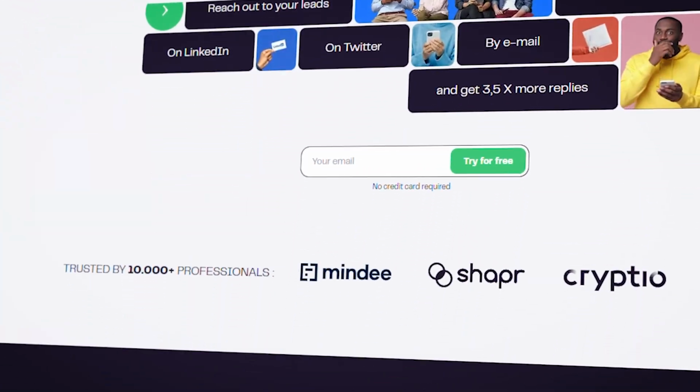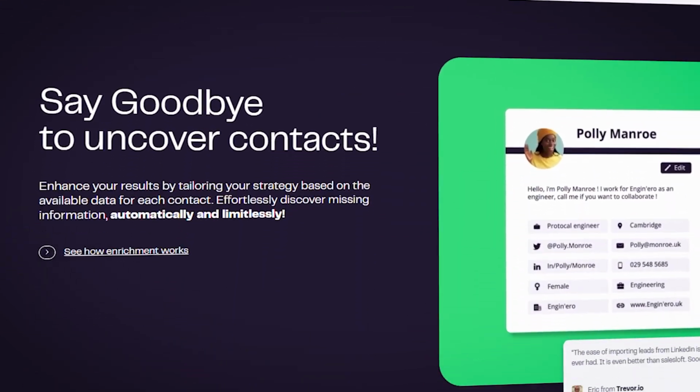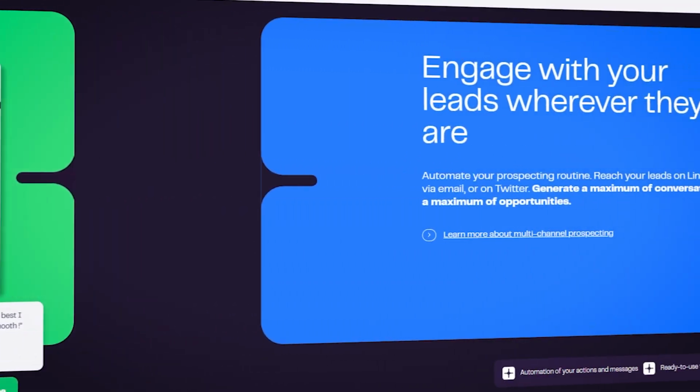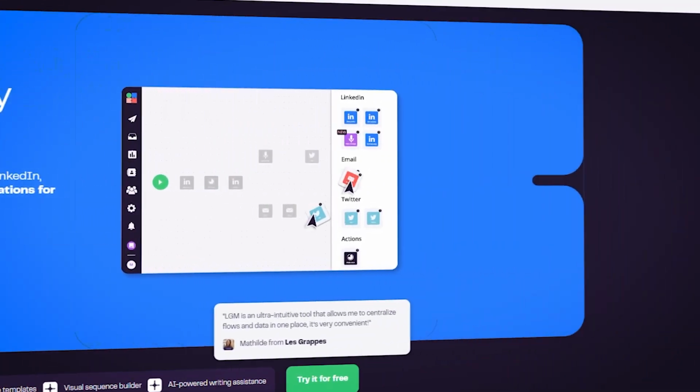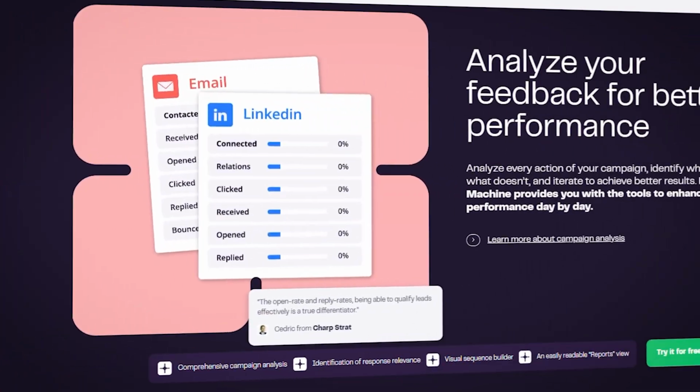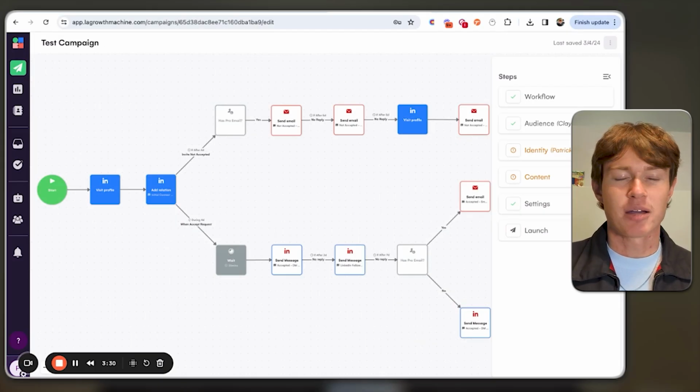Well, Log Growth Machine is an automation platform that pretty much allows you to send out LinkedIn messages at scale. And if somebody doesn't want to connect with you on LinkedIn, then you can send out emails to them at scale. So it's a really cool multi-tenanted platform in which you can send out tons of different messages. So you can see I built out a little bit of a test campaign right here,